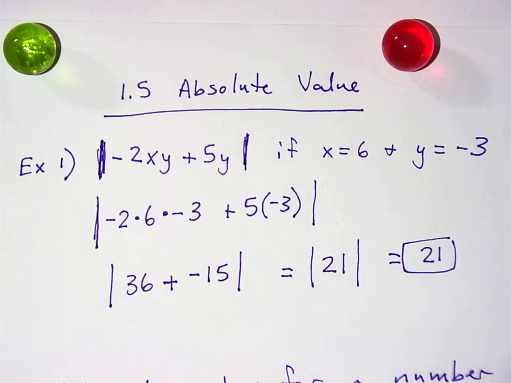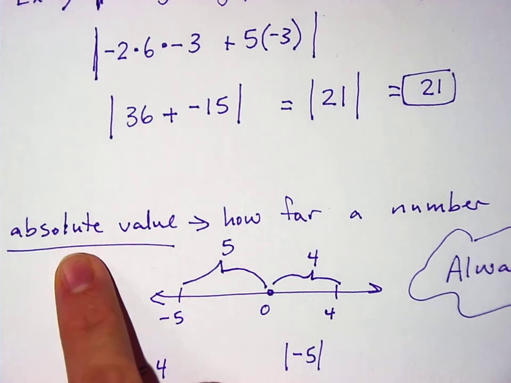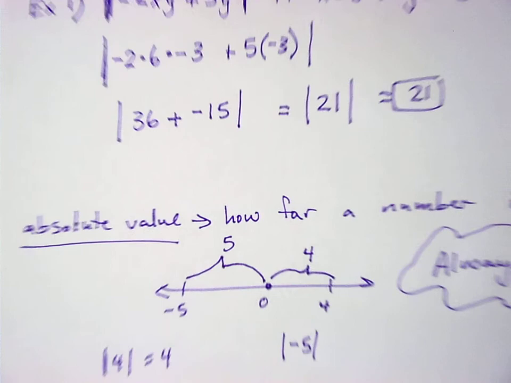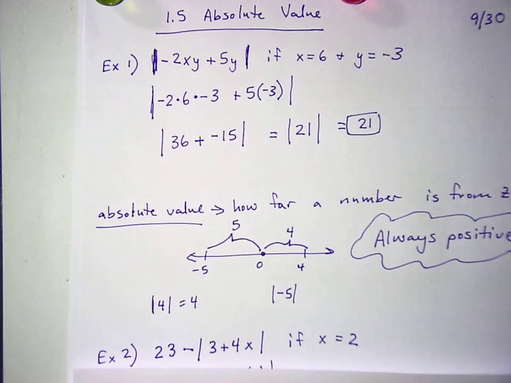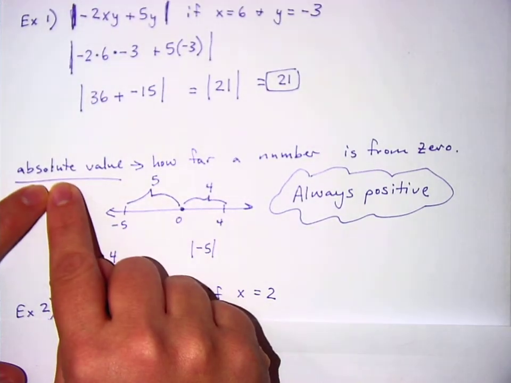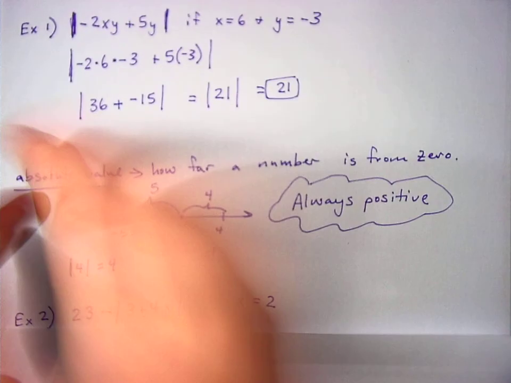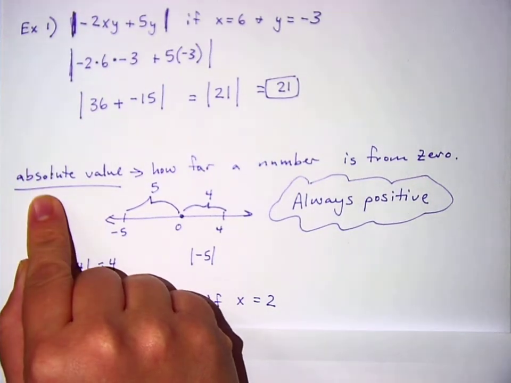So today we're talking about absolute value. I already have these problems done, as you can see, because I've already recorded this video before. So let's start by talking about absolute value. And you need to realize that at any point during this video, you can pause the video so you can take good notes. So instead of writing them the way I did, why don't you start with this on the top? So besides writing that today's lesson is 1.5 absolute value, and today is 9:30,